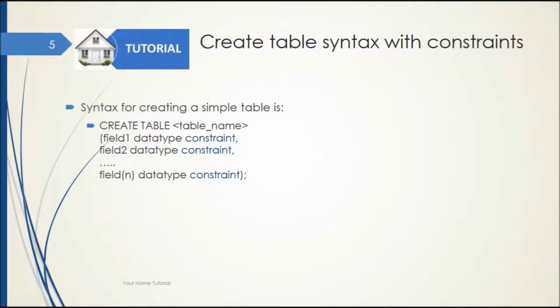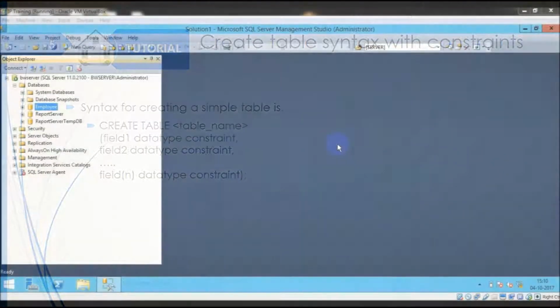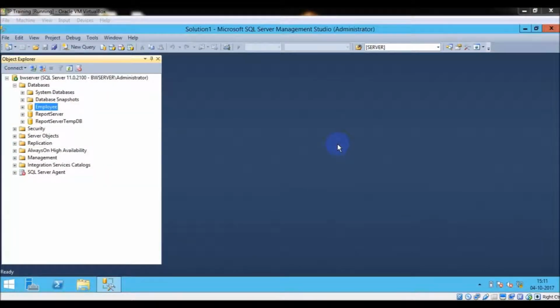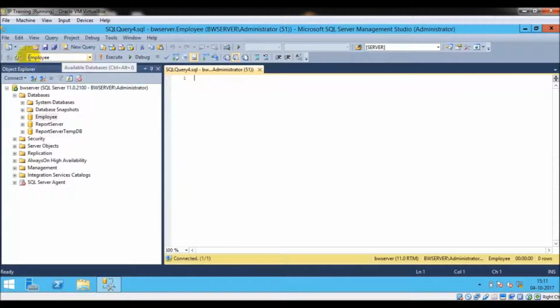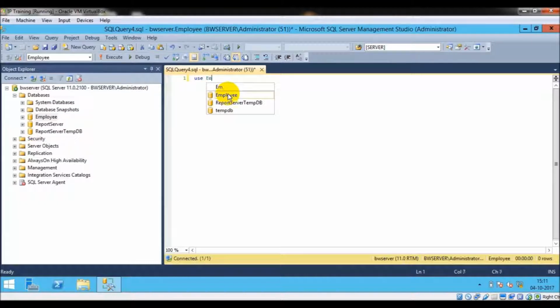So now let us understand this concept in SQL Server Management Studio. We are here in my SQL Server Management Studio, and we will learn how to create a table with constraints. I will take an example with 3 tables to understand the concept of primary key, foreign key and composite key. So I have a database employee. I will create 3 tables in this database. I'll click on new query, make sure that employee is selected here, or alternatively I can use this command, use employee,